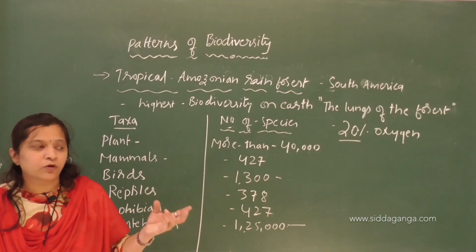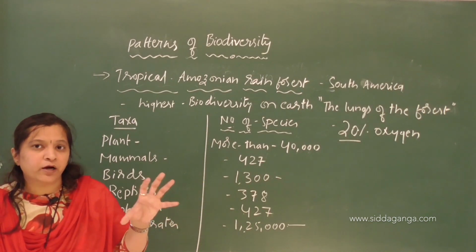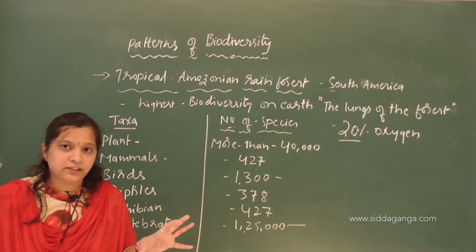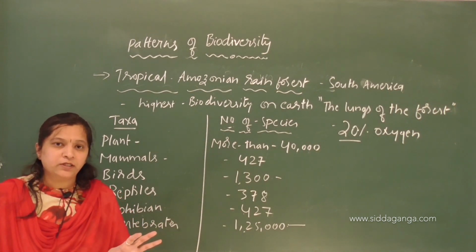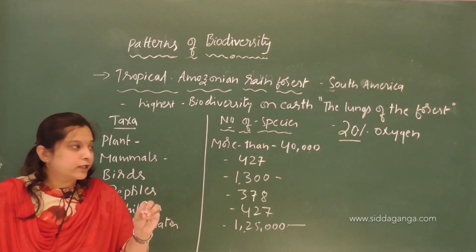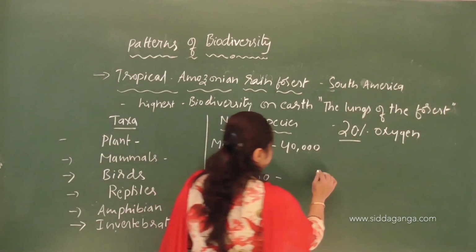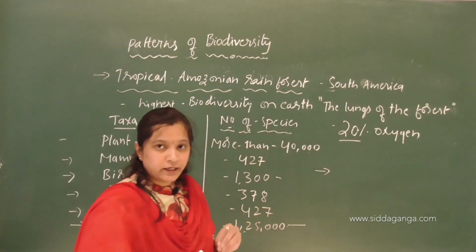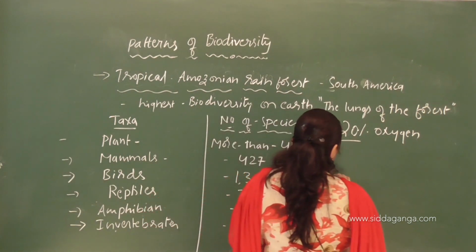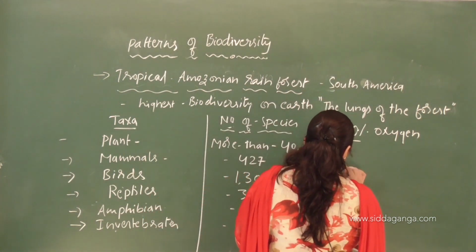I think I said 8.7%, it seems. It is not 8.7%. According to the latest estimation, the total number of global species richness is